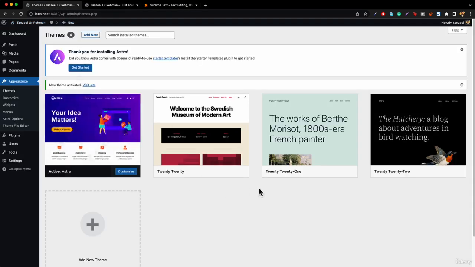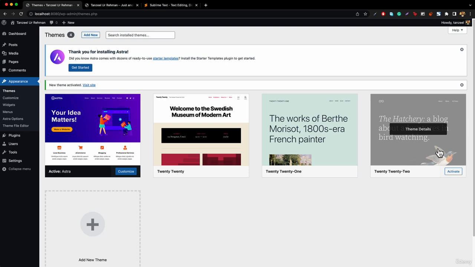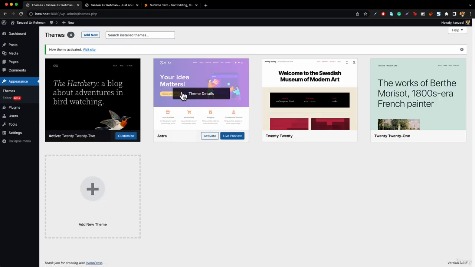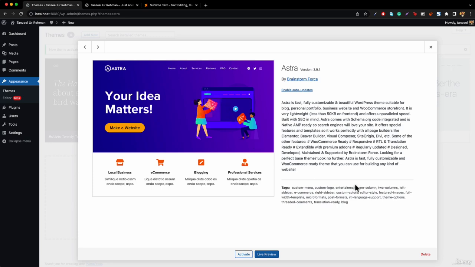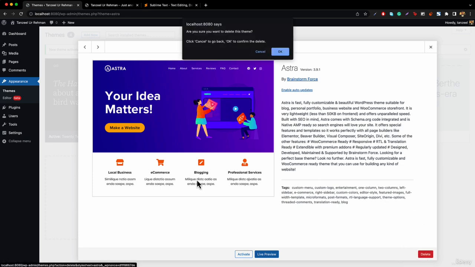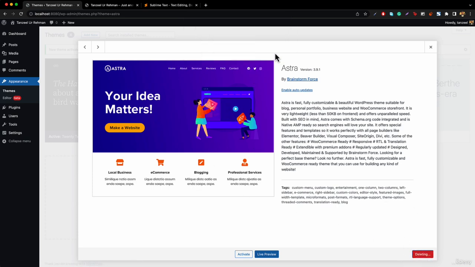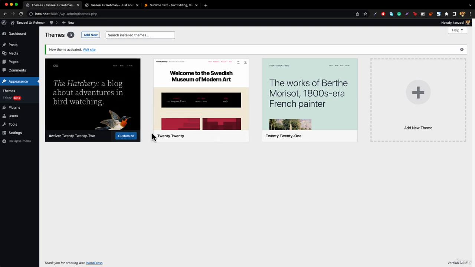Now what we will be doing is switching back to the theme that we were actually on. We will hit activate. Now we will click on this Astra and we will delete this theme so that we have a fresh start. And from the next lecture, we're going to be taking a look at the WordPress dashboard overview,